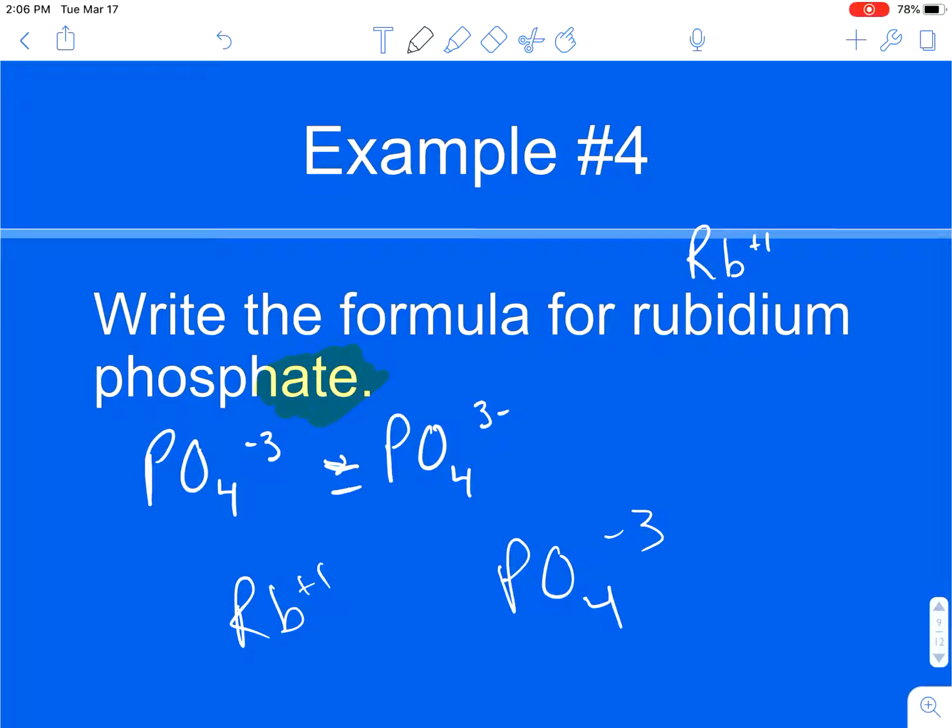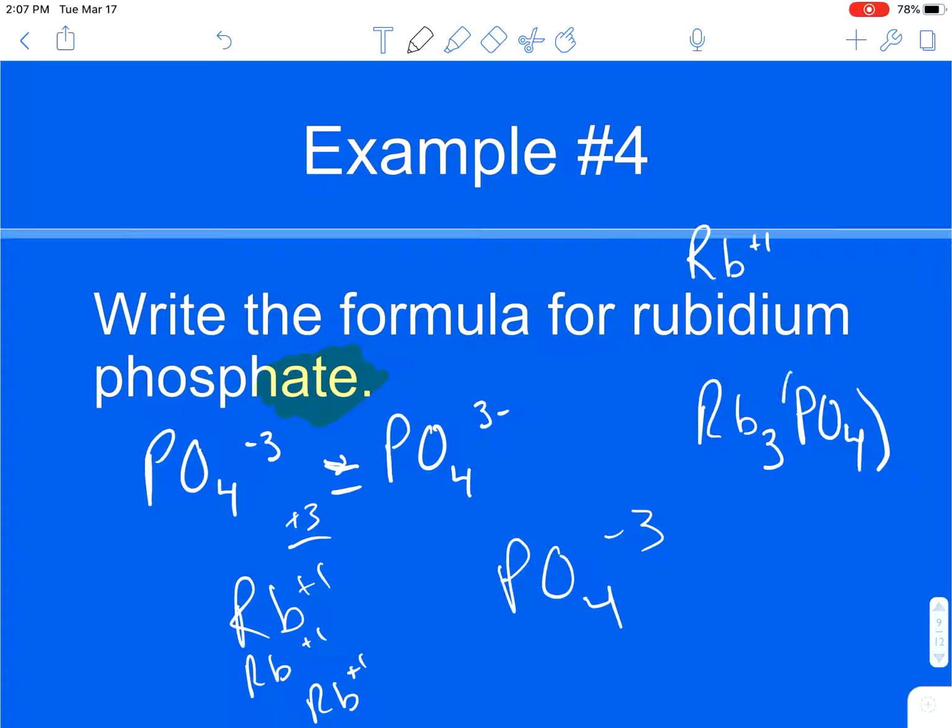So we need to cancel out those charges. Right now we have too many negatives. So that means we're going to add in 2 more rubidiums, each at a +1. Now we have an overall +3 to cancel out our -3. And so our final formula is going to be Rb3, because it took 3 of them,